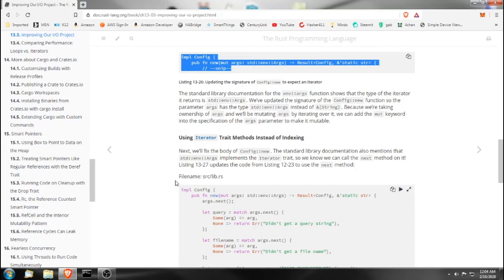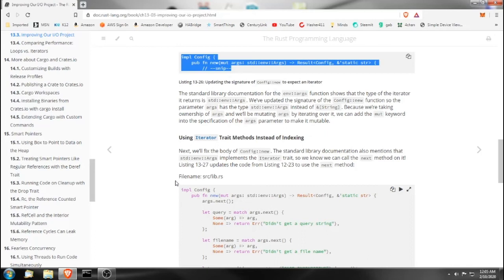The standard library documentation for the env::args function shows that the type of iterator it returns is std::env::Args. We've updated the signature of the Config::new function so that the parameter args has the type std::env::Args instead of &[String]